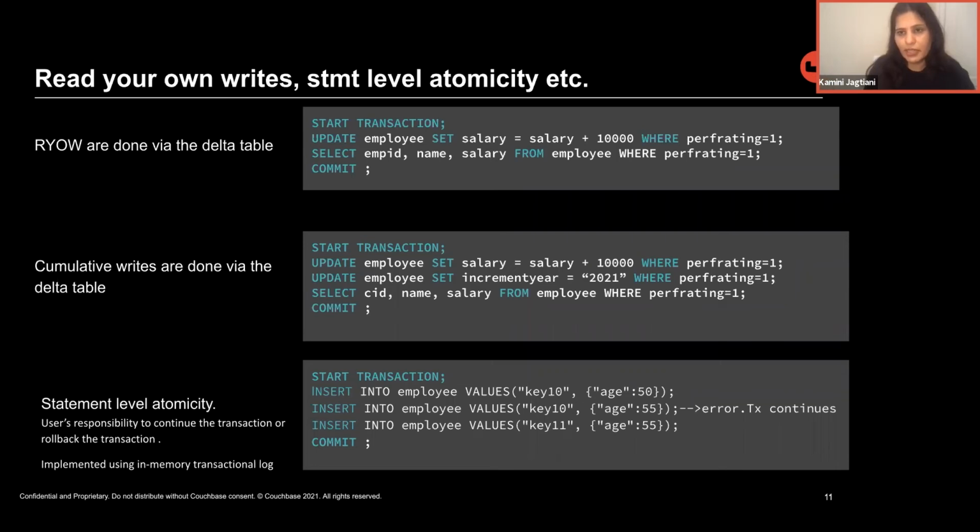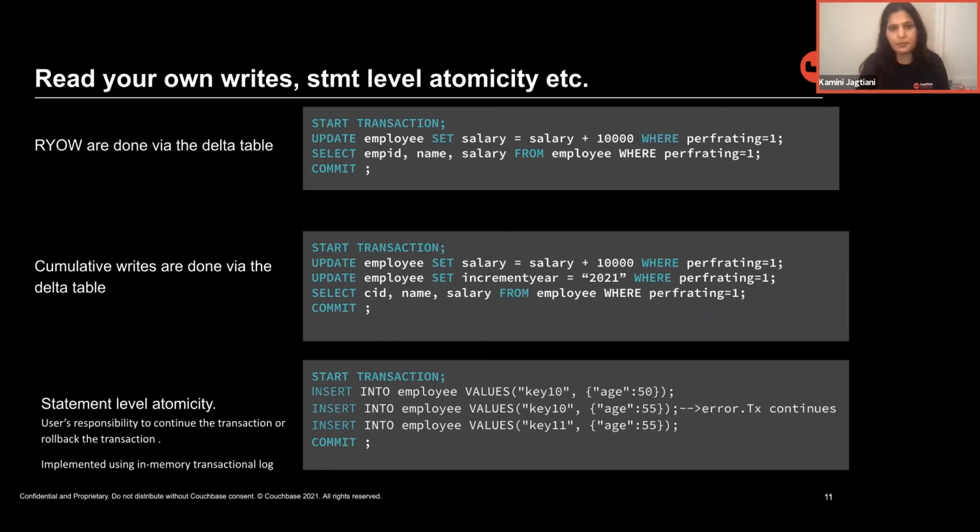The query will go to the indexing node. The indexing node will send the meta ID of all the documents to the query node. And then the query node will perform this operation on all those documents where it will update or increment the salary of all those documents and store those multiple documents which are mutated as part of this transaction